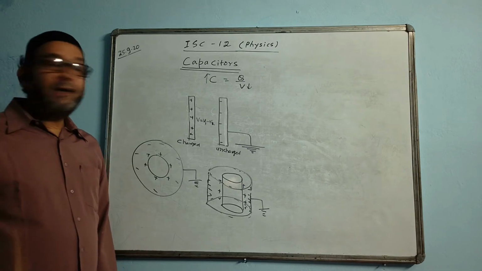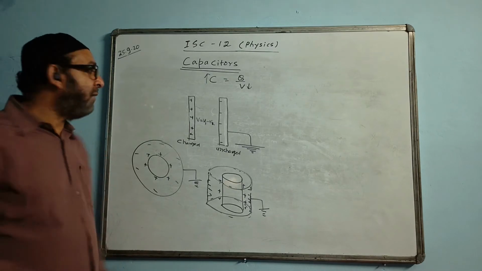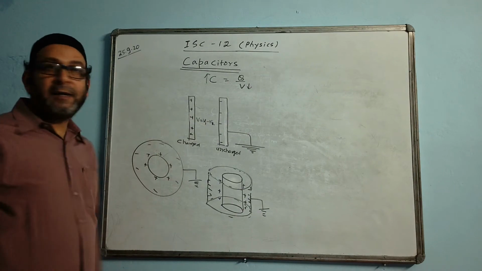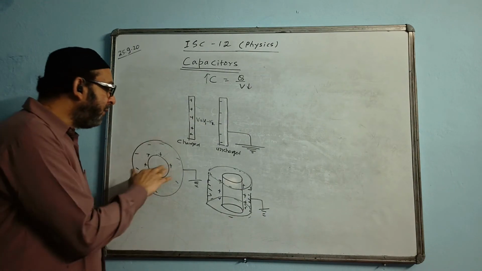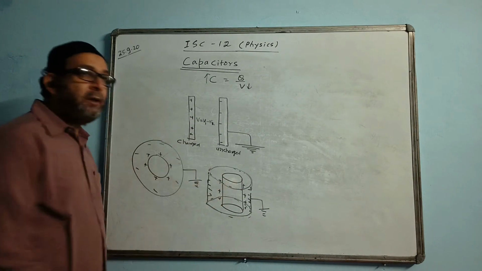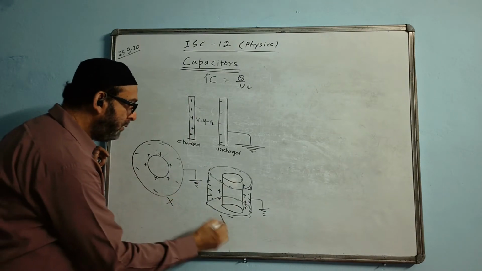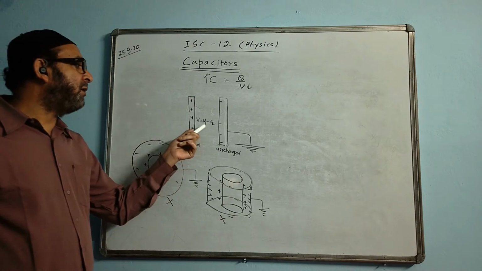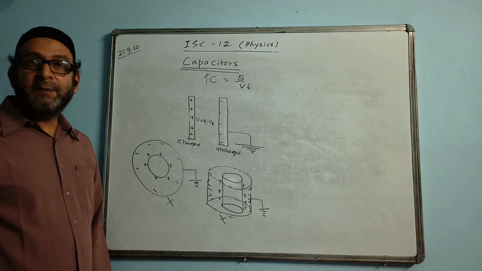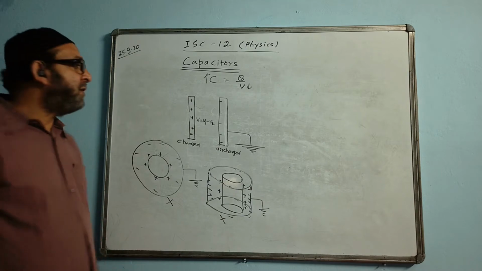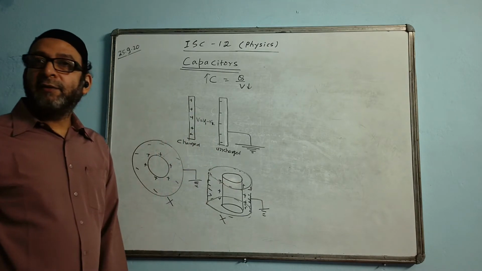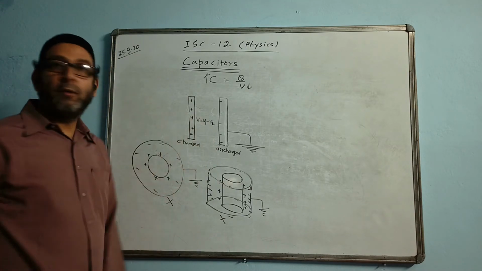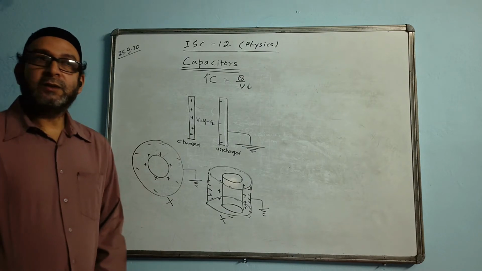But forget about all that. According to the reduced syllabus, we have only this capacitor in the syllabus, the parallel plate capacitor. These two were there before, but now you don't have to do them. These two are not in the syllabus now. So you may discard them and only concentrate on this one. Derivation of this one only you have to know, and the different cases about it. Only the parallel plate capacitor you have to study now.